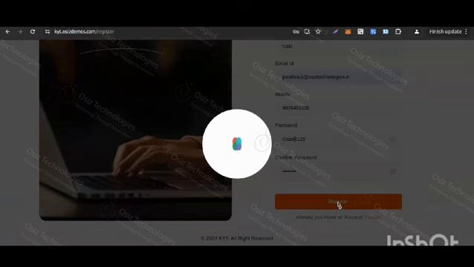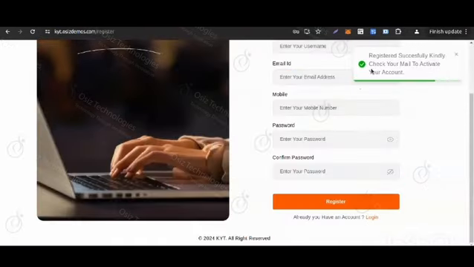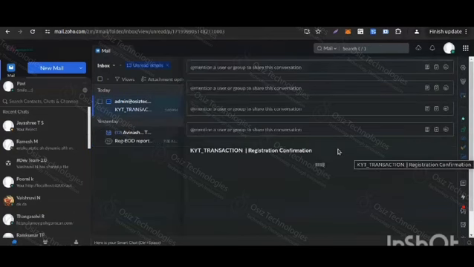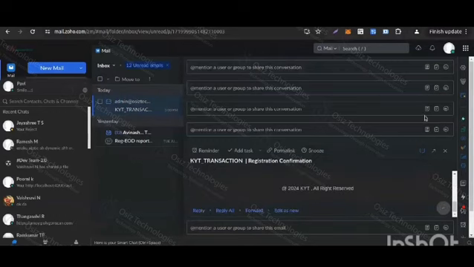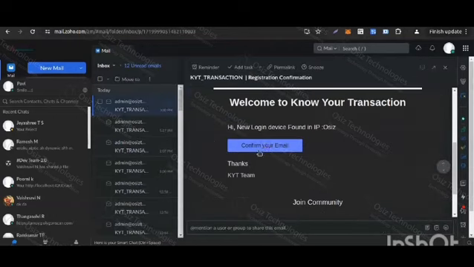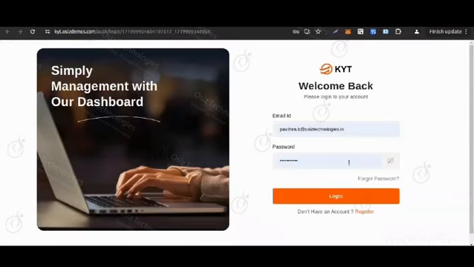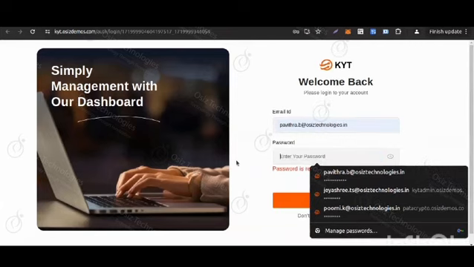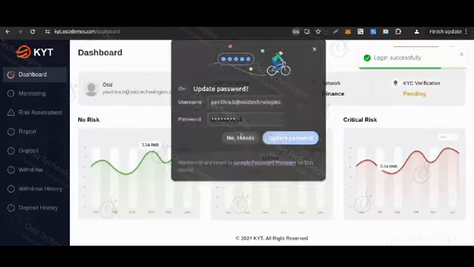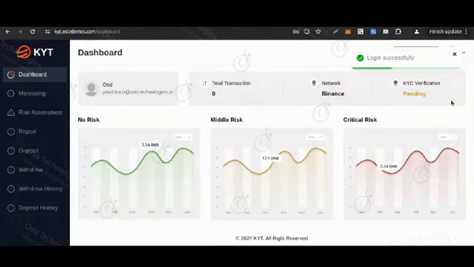So the registration has been successful and the activation email link will be sent to our registered email ID. In the email address, under the inbox, I can see the email confirmation button. I need to click on the confirm your email button and then it will redirect to the login page. Here in the login page, we need to enter the email ID and password and click on the login button. So now my login has been completed successfully and I can see the user dashboard where